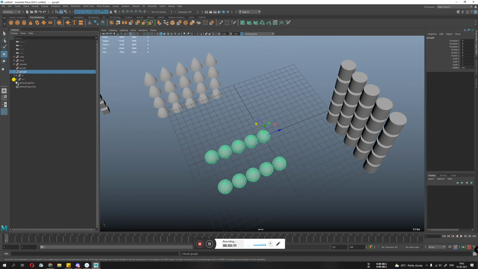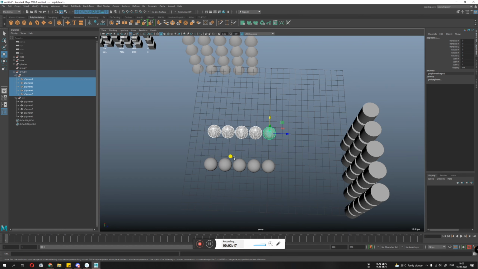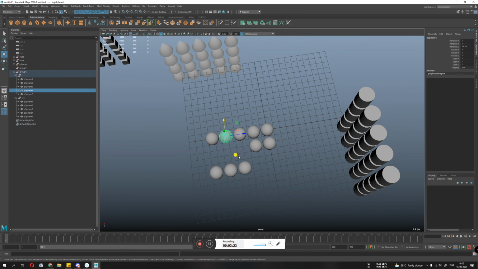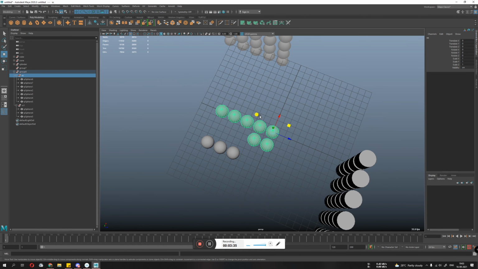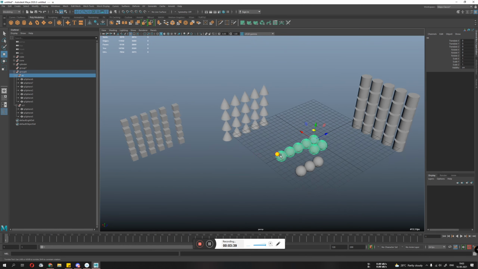You can also change groups from the outliner. Let's say I want this to be in this group. If I want to move this, I can move it like this. But I want two more balls here, and they are not in this group. You can also change the group from the outliner. How? Let's select this object and middle mouse drag and drop it into the SS group. If I select the SS group, now all these balls are in this SS group. This is how you can select the multiple groups.